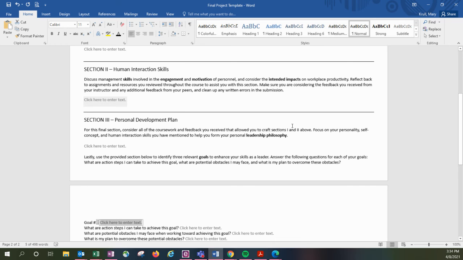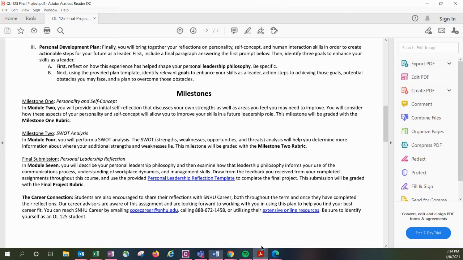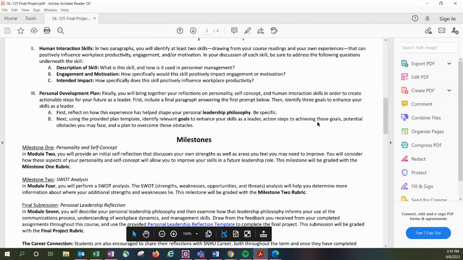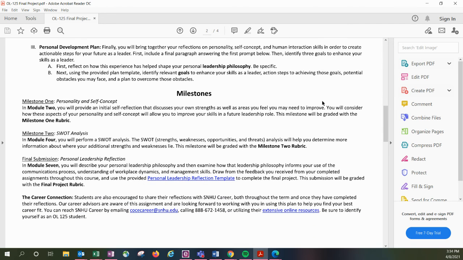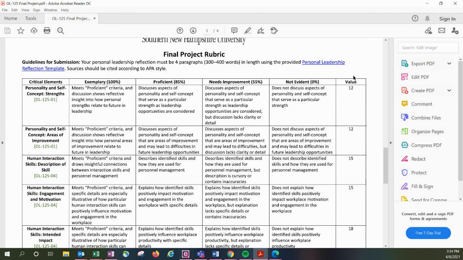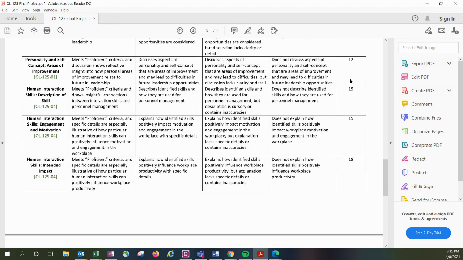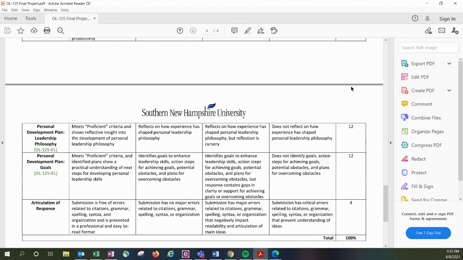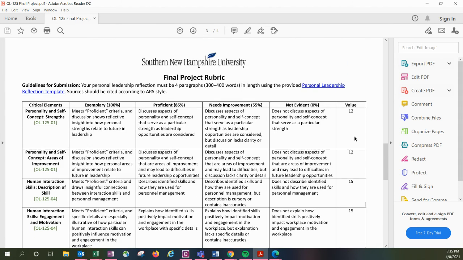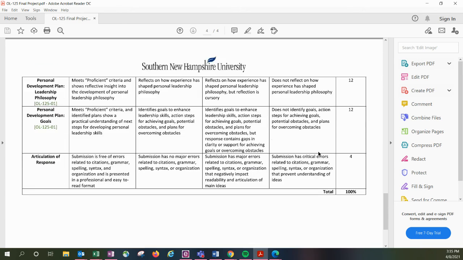This assignment is due Sunday of week 7, so try to make sure that you're giving yourself enough time ahead of time before the assignment is due, in order to make sure that you're putting in the maximum effort that is needed. If you scroll down to the last pages here, page 3 and 4 of the guideline and rubric, you'll see that it breaks down each and every critical element and what it's going to take to get maximum points for each critical element, and then all the way over on the right, what the point value is for each critical element, which is going to bring us to 100%.